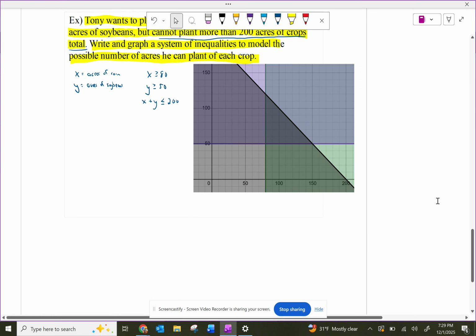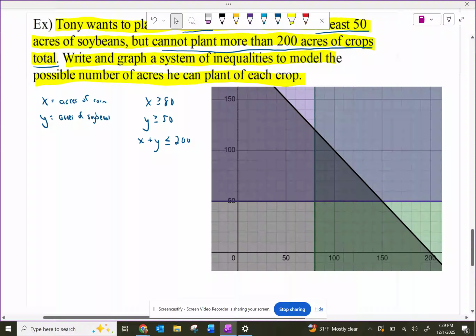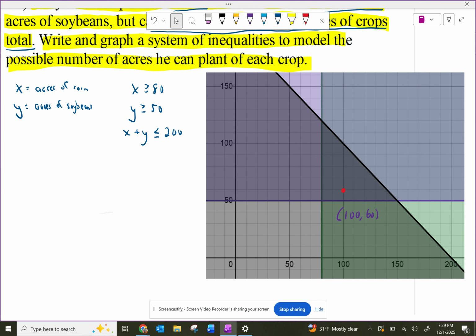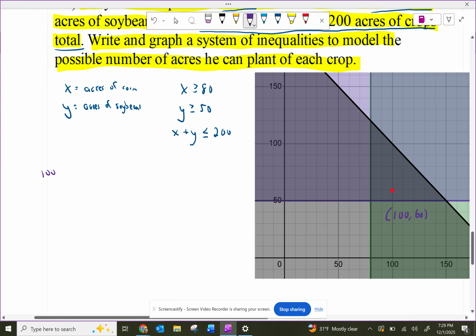So we're going to copy, paste that in there. And so any solution would be any point in this region. So I don't know, let's use this point right here. That's 100, comma 60. So 100 acres of corn, 60 acres of soybean